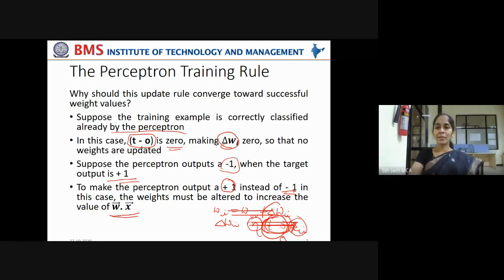It is predicted as -1, but the actual label is +1. Now, in order to make it cross the threshold, to make that value above 0, you have to increase the value of this. You have to increase the weight, right? You have to increase W.